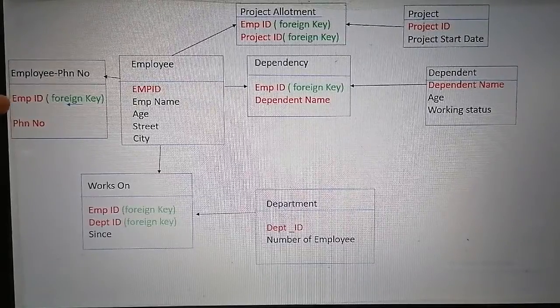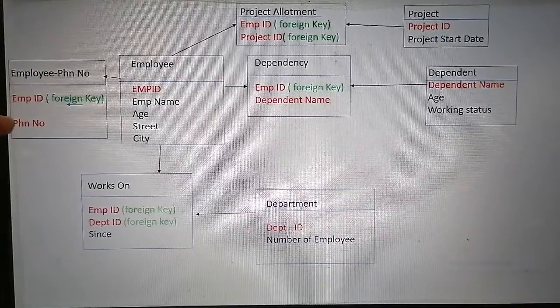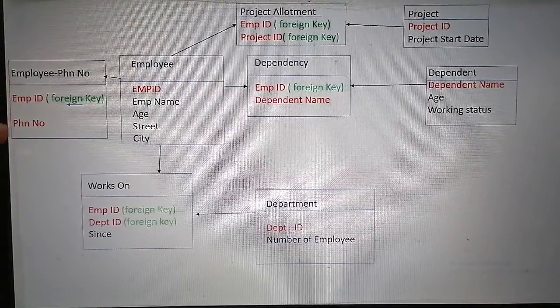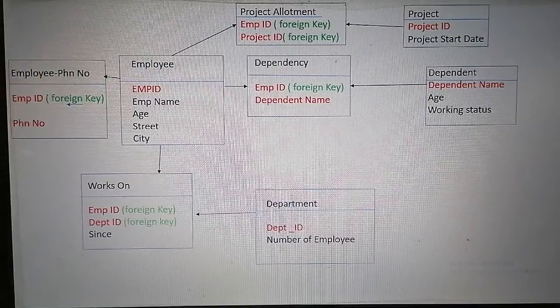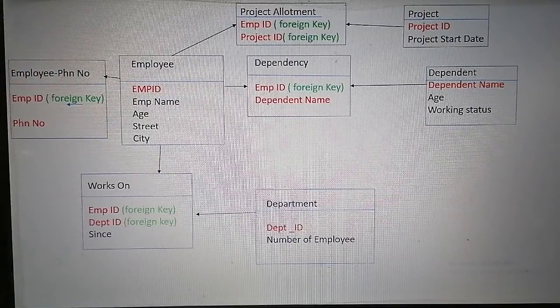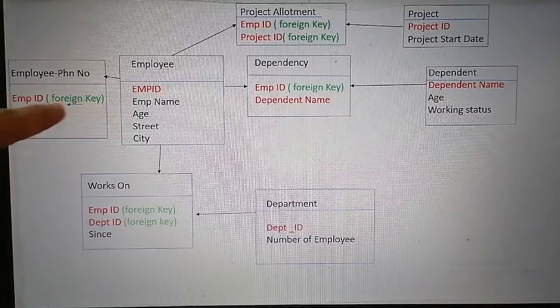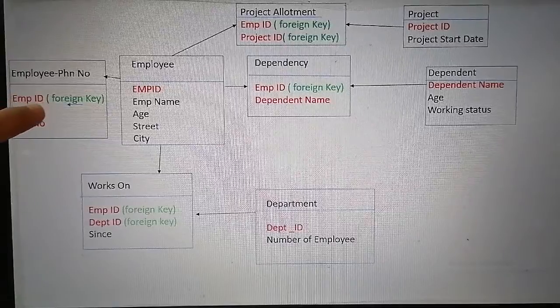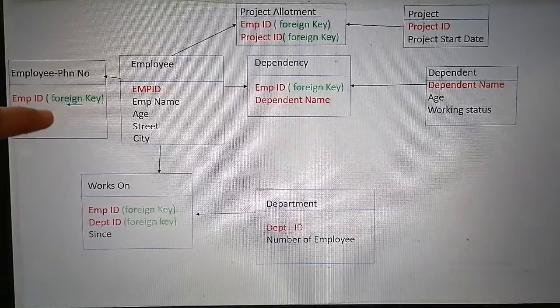Here employee id and phone number are both part of the primary key, which is why I have represented them in red. Here employee id is the foreign key, which is why I have mentioned it as a foreign key.